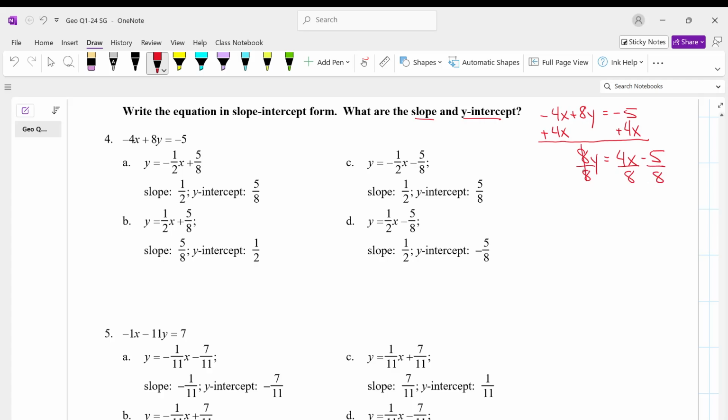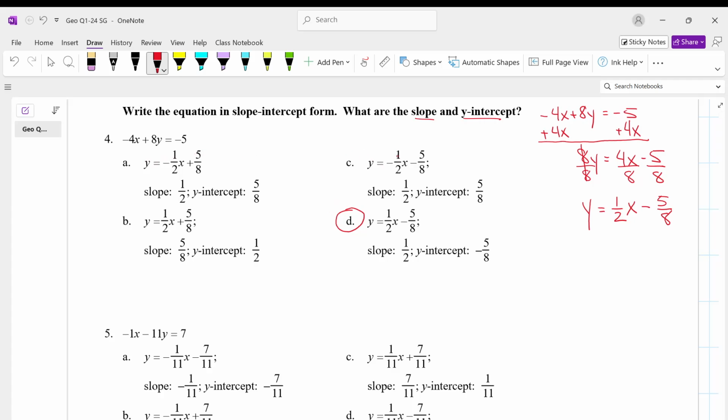The 8's on the left cancel, and we have y equals. Now, 4/8 simplifies to 1/2 x minus 5/8 is in simplest form, so we're just going to keep it 5/8. So y equals 1/2 x minus 5/8 is the equation in slope-intercept form. So there's only one option at this point. Option D, because